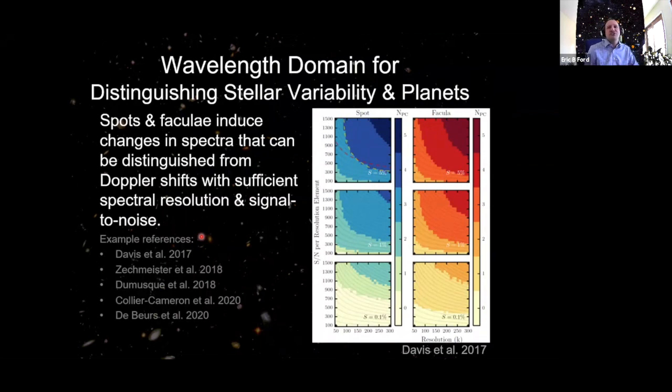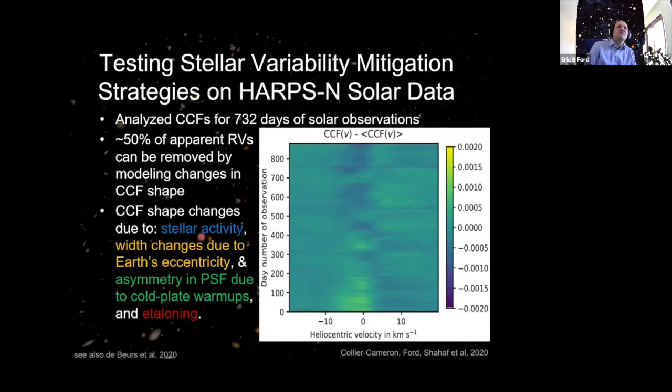The hope is the new generation of spectrographs with higher resolution will allow us to get one more piece of information out of that. And in reality, the different mechanisms will each contribute different types of signals, so the signals will probably be even more complicated than that. To test this, one star we do have very good data for is the sun. So one thing we've done is we've made use of the HARPS-North observations of the sun for a few years and tried to see how well we could remove the contamination due to solar activity, in the case of the sun, where we know what's going on.